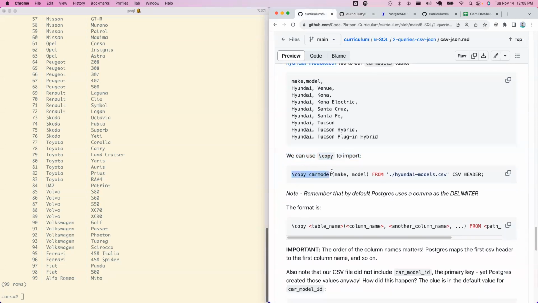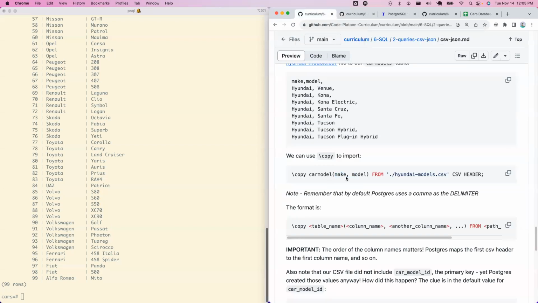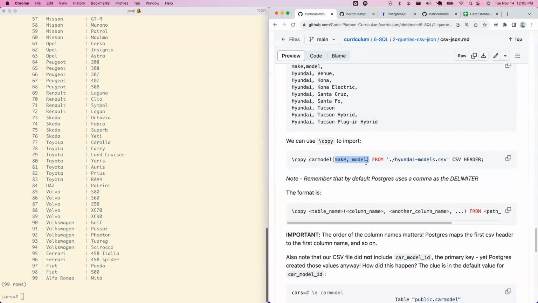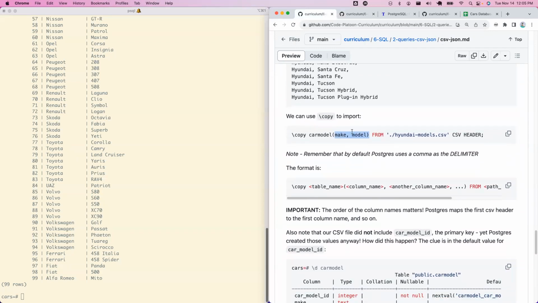You can see in this copy command that I'm about to run, there is a way to specify what goes where. But it's going to be way easier to just have the CSV file headers match your column names. You can always just modify the CSV file. And I haven't played with this too much, but I would just keep this in the same order as what you have in the CSV file just for consistency. And now we can run this and we can import our